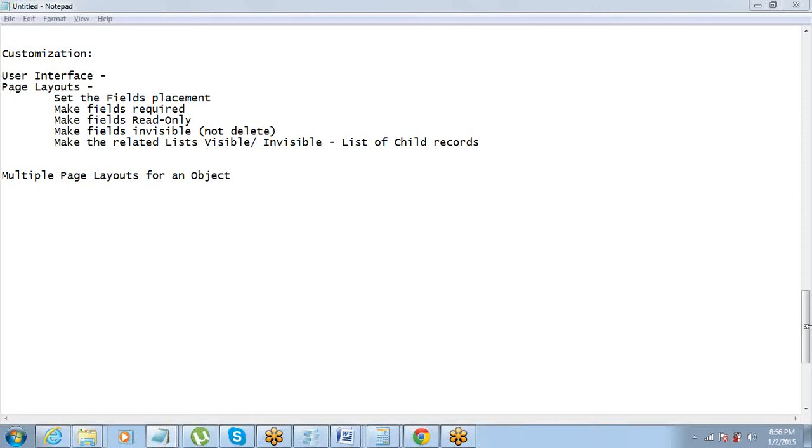Let's say, for an example, for your understanding, let me just give a small example. Think of accounts we are talking about. In accounts there are, let's say, 100 fields, and I have a sales team. Sales team says that, okay, out of these 100 fields, because there are so many fields, we don't want to see so many fields. We just want to see the name and phone number, and we want to see the contacts related list. If you are a sales guy, then what will you need? You need the account name, website, phone number, and you want to see the contacts, people who you can contact, right?